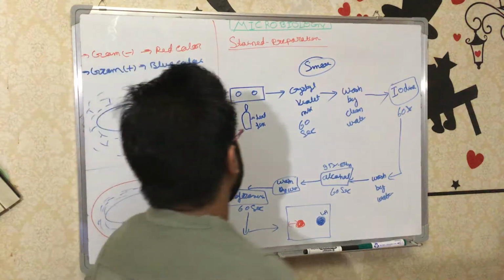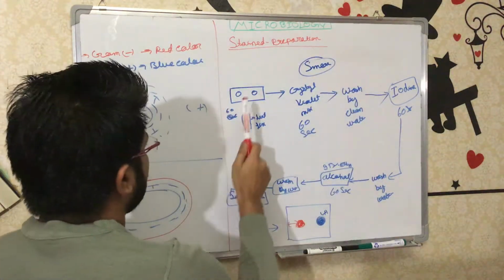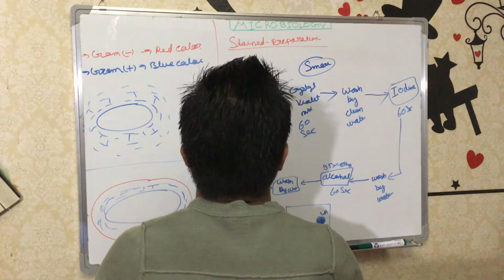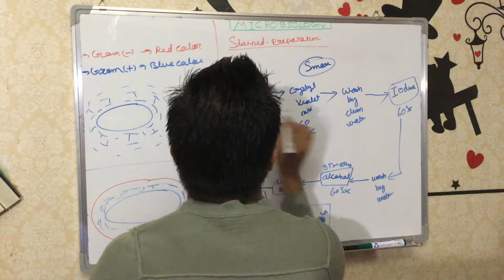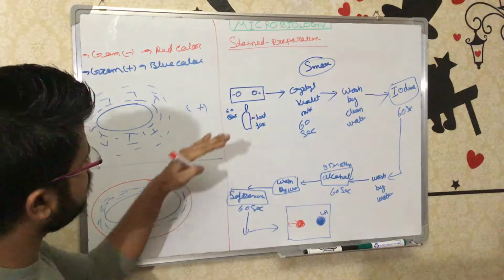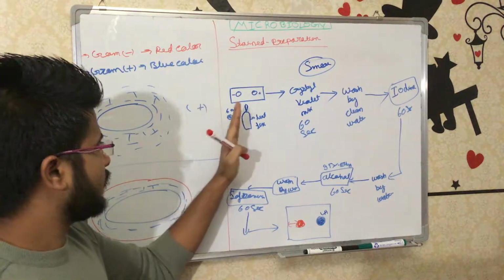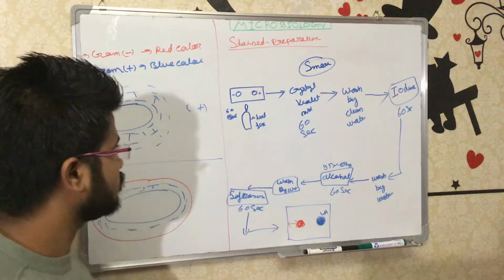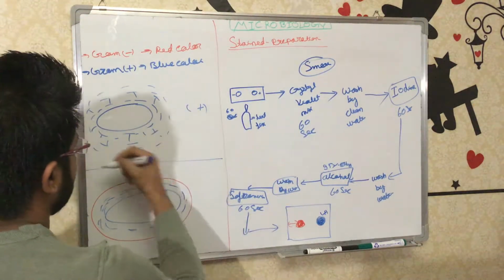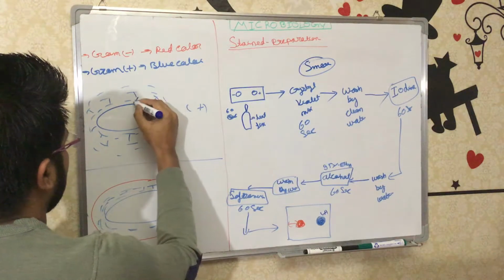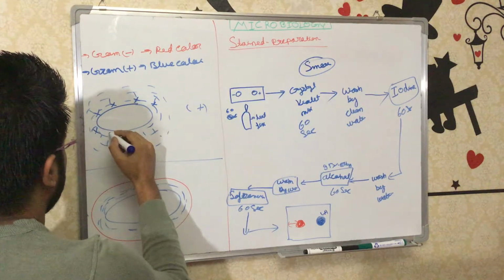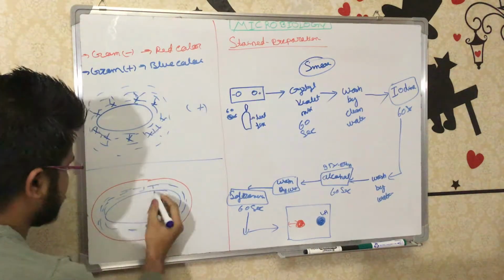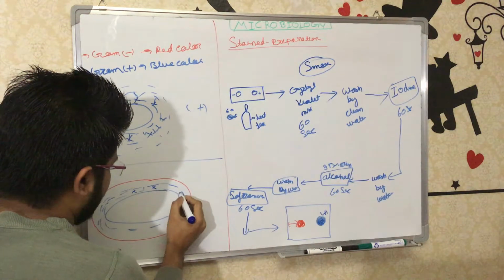Now let's start. For example, one is the gram positive and one is the gram negative bacteria. Right now we don't know which is the gram positive and which is the gram negative. We just know the two bacteria. So first we take the bacteria and then we mix the crystal violet. So whenever crystal violet is mixed, it will add into the peptidoglycan layer, and through the small porins, crystal violet can also enter the gram negative bacteria